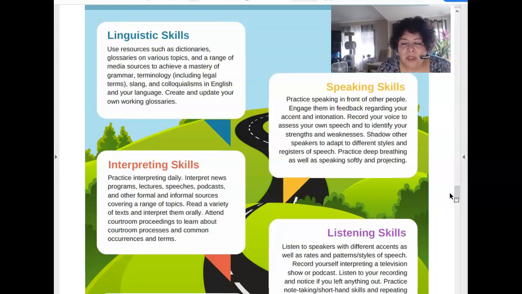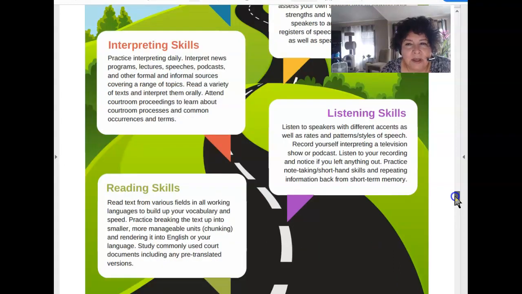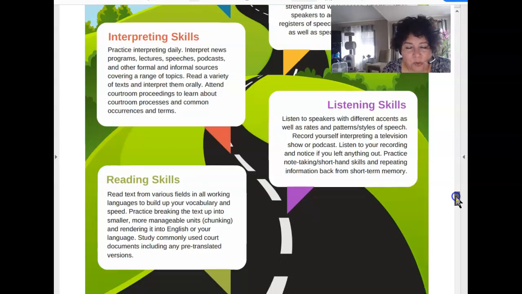What's your comfort level? One of our speakers, if you were there when he came from the Court Interpreters Program, a California Certified Court Interpreter, he talked about that and how to reach that comfort zone. Your interpreting skills, how well do you feel when you are doing oral interpretation, be it consecutive or simultaneous? Do you practice, do you do shadowing? And then listening skills, some of the exercises that I had for you to record your voice, right at the beginning. How comfortable are you to listen to your own interpretation? That way it gives you room for improvement so that you can record yourself.